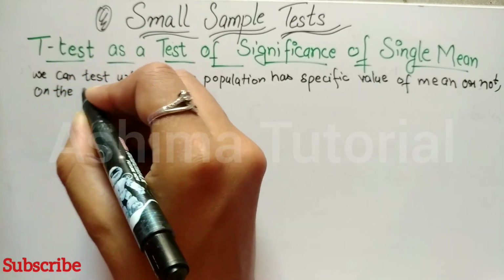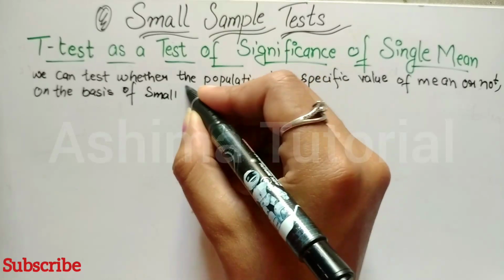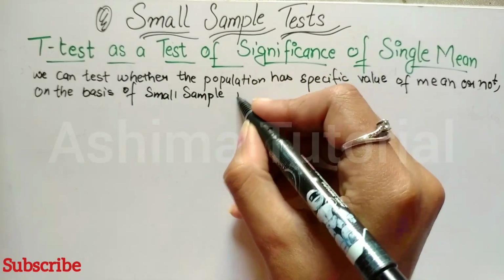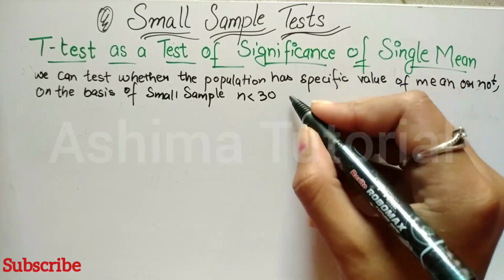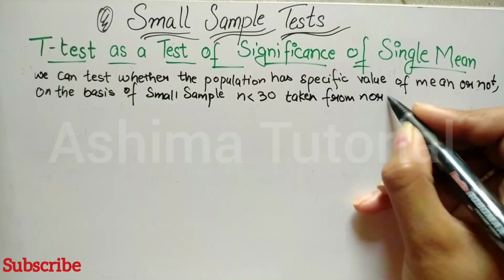On the basis of a small sample, n less than 30, taken from a normal population,